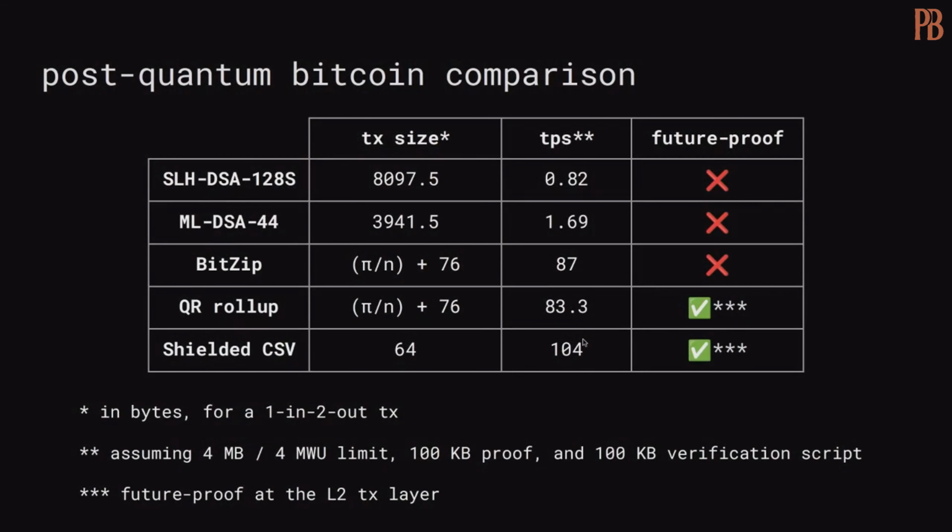And the way that it can be post-quantum is that the encryption that you're using to encrypt the transaction details to the recipient can use post-quantum cryptography, and the proving system that you use to produce the cryptographic validity proofs that proves that your transaction is valid and the coins haven't been double spent and everything, that can also be post-quantum. And yeah, one of the nice things is that Bitcoin itself is